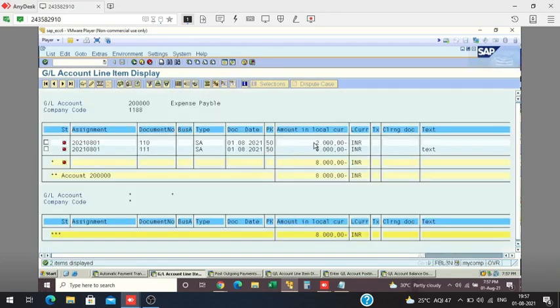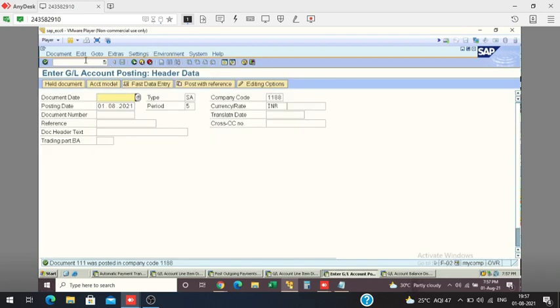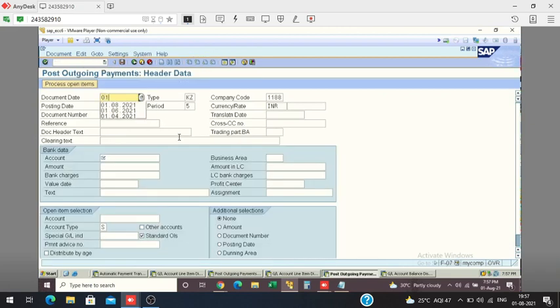Forget the 2000 line item. Now we have 6000. Because this is the residual payment, I have to pay the partial payment from that 6000 only. So I'm going to pay this GL account, F-07 01, SA. Now bank account. I want to pay 3000 as partial payment.